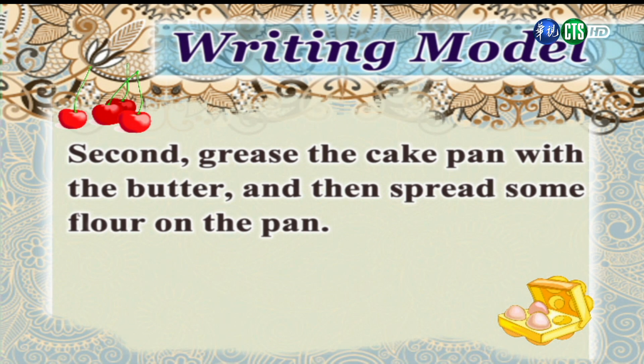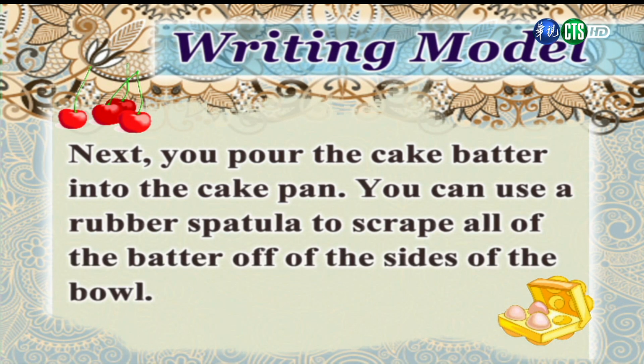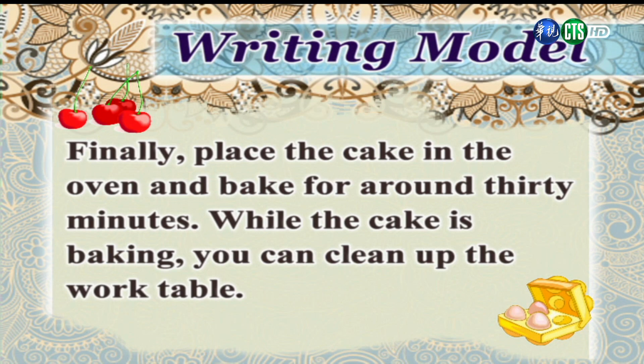Second, grease the cake pan with the butter and then spread some flour on the pan. 第二个步骤，将烤盘涂上奶油，然后在烤盘上撒上一些面粉。 Next, you pour the cake batter into the cake pan. You can use a rubber spatula to scrape all of the batter off of the sides of the bowl. 接着，你可以将搅拌妥当的面糊倒入烤盘之中。你可以使用橡皮的刮刀来将蛋糕的面糊刮入碗里。 Finally, place the cake in the oven and bake for around 30 minutes. While the cake is baking, you can clean up the work table. 最后，将蛋糕放进烤箱里等30分钟。当蛋糕在烘烤的时候，你可以先清理桌面。